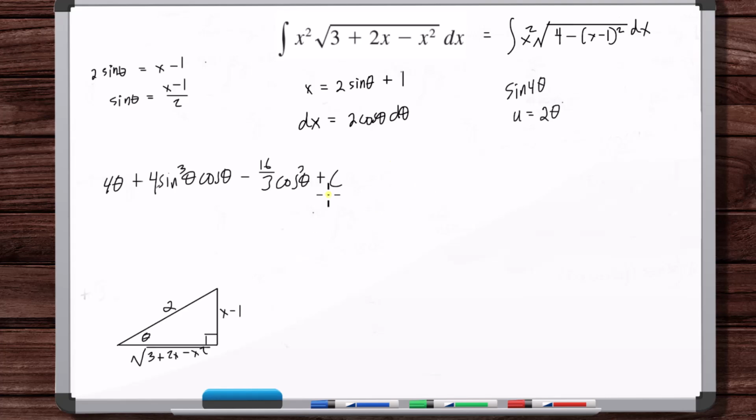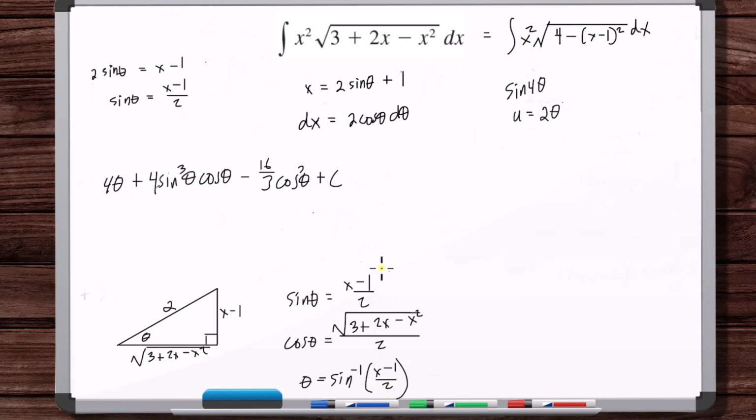Okay. And so sine theta is equal to x minus 1 divided by 2. Cosine theta is equal to adjacent over hypotenuse. Okay, and then theta is equal to